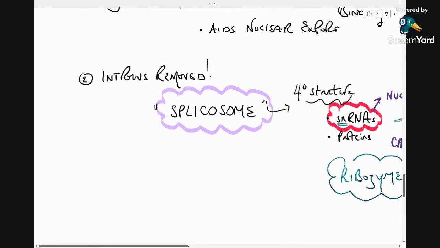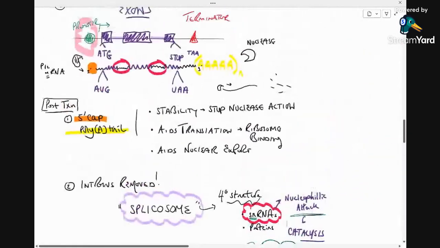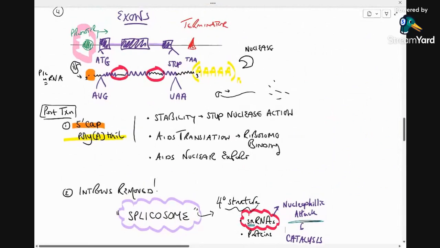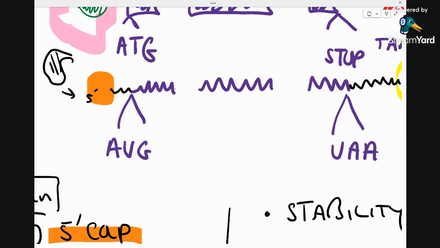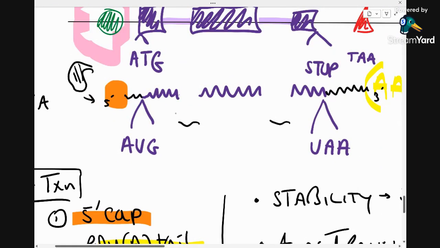You don't need to know how the spliceosome works, but all you do need to know, if I'm going to try and do this in different colors, is essentially it's going to do this. It's going to cut here and here at the beginning and end of every intron, and it's going to cut out the introns. So the introns are now floating here, and it's going to glue these two bits together. It's going to stick them together into a continuous sequence. I don't want to fill them in because that makes it look like I'm adding sequence, but essentially it will now form a continuous